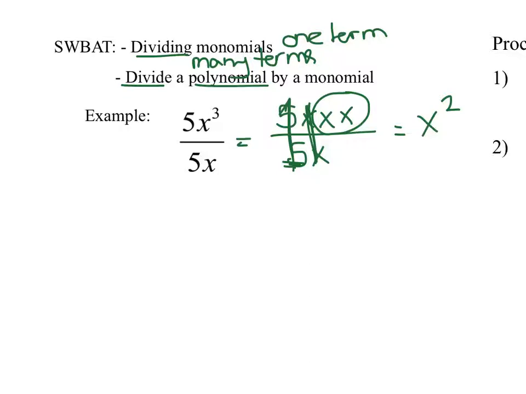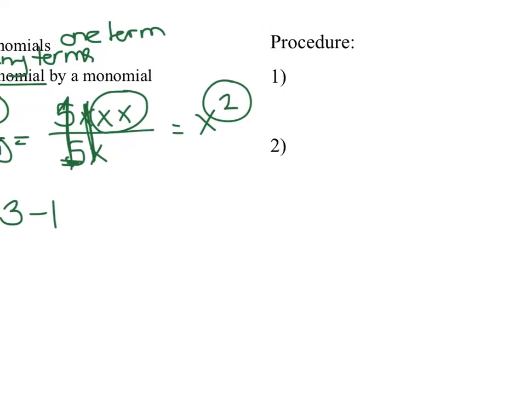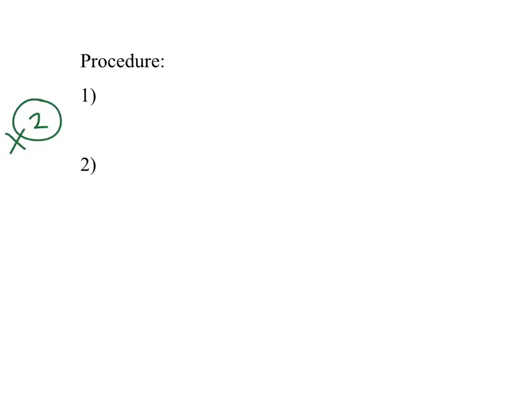So maybe you noticed that when you divide the numbers, it's also the same as subtracting the exponents. So 3 minus 1 is 2. So you don't have to spread it out like this. You can just subtract the exponents, and you're going to want to get to the point where you can do that. So when you divide